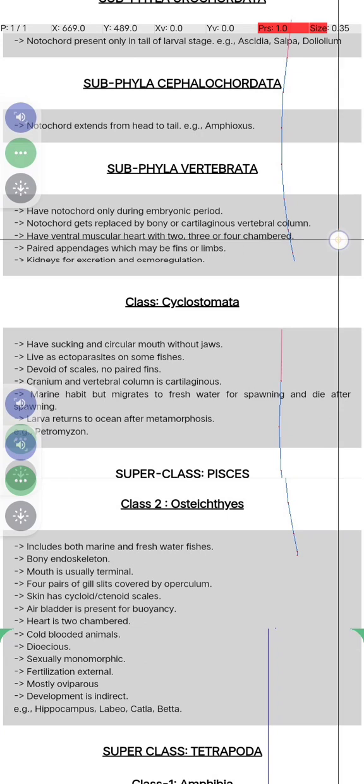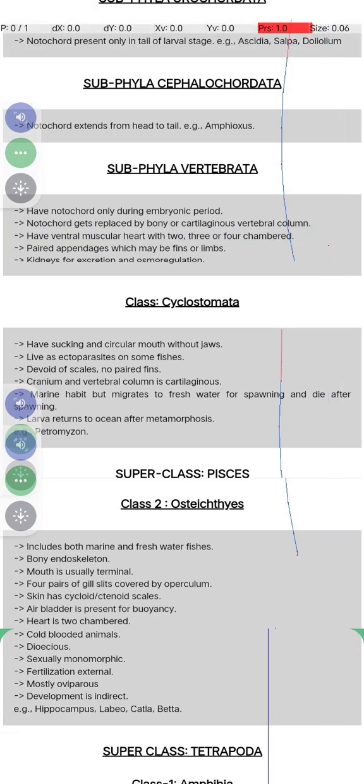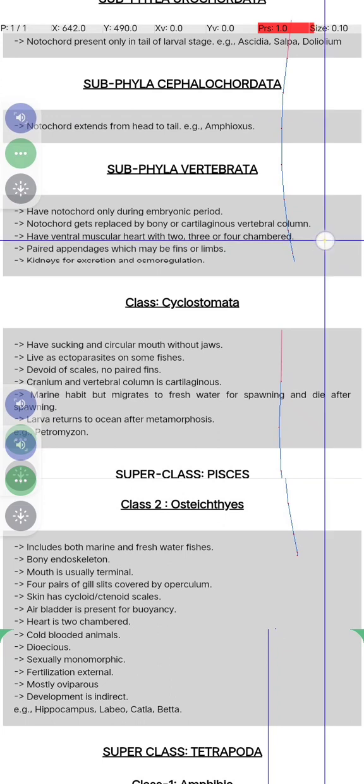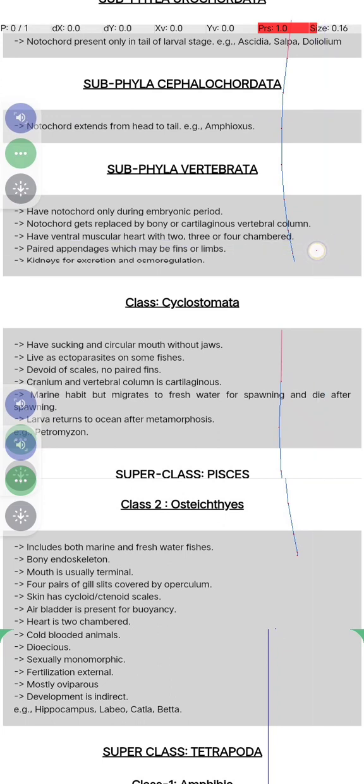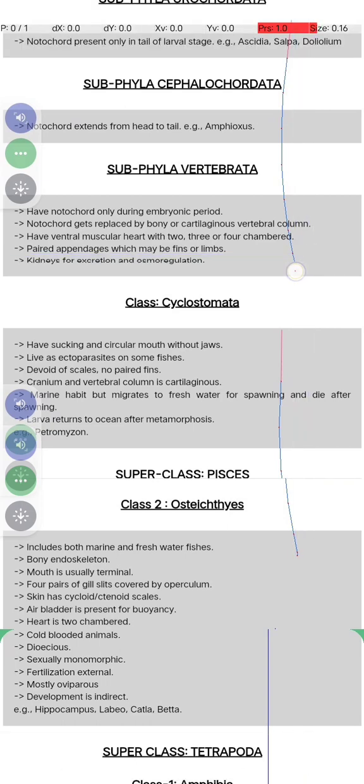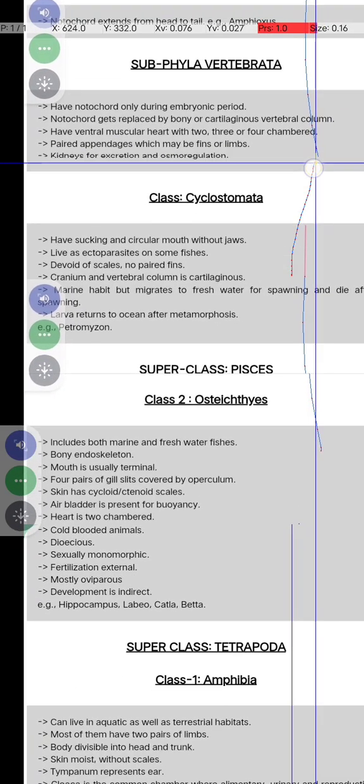Subphylum Vertebrata: have notochord only during the embryonic period and notochord gets replaced by the bony or cartilaginous vertebral column, and have ventral muscular heart with two, three, or four chambers, paired appendages which may be the fins or the limbs, kidney excretion and the smooth